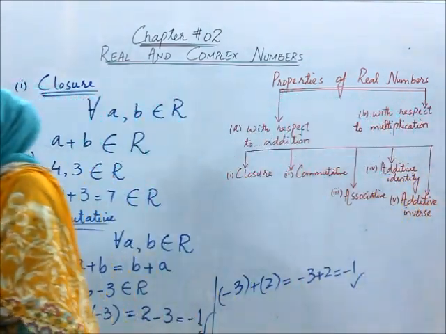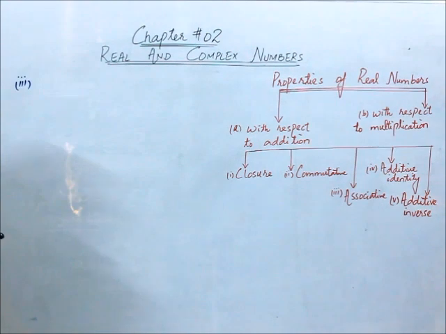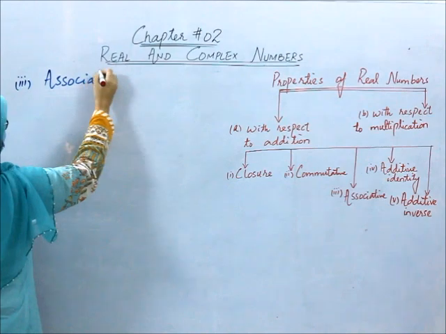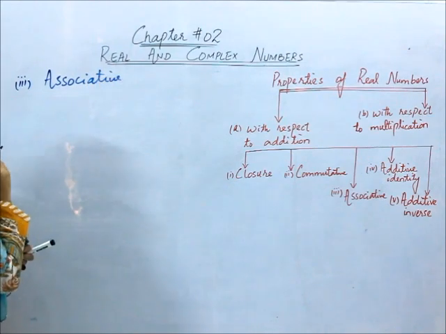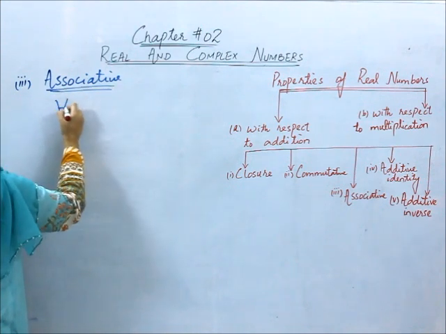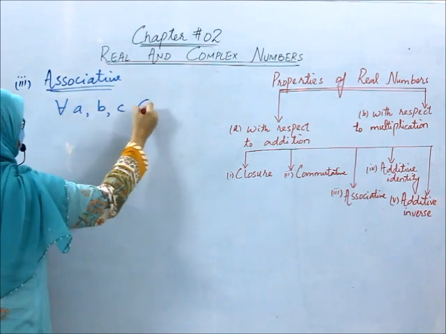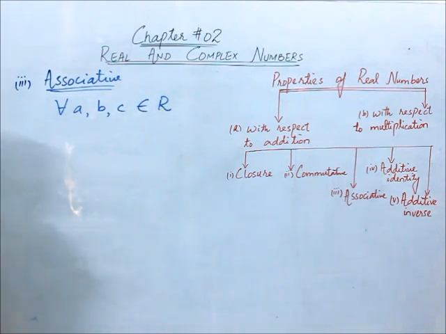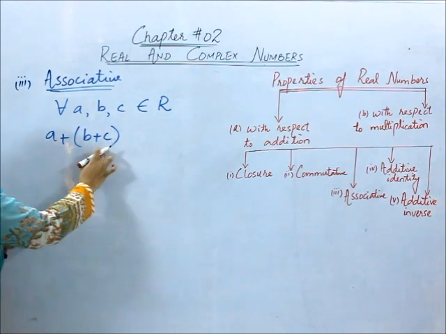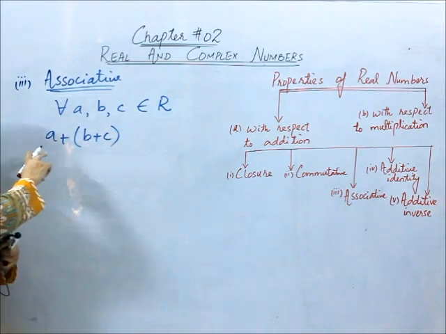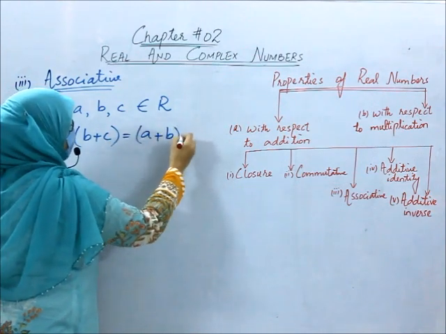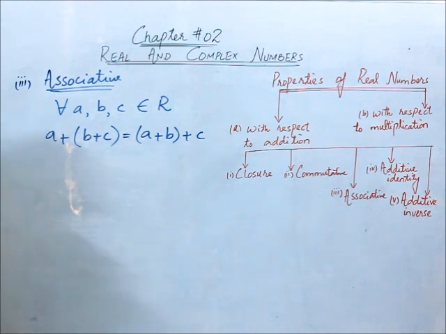Now let us see the other two properties. So the third property is the associative property. Associative property says that if we have three real numbers a, b, c. So this property says that when we add them, again order does not matter. If we add b plus c and then add our answer to a, the answer would remain the same if we add a plus b at first and then add our answer with c.